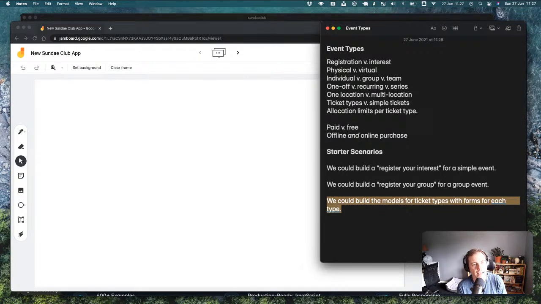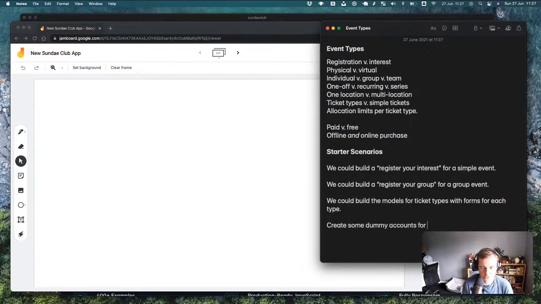So maybe we could create some dummy accounts for similar tools. So we could have Eventbrite and all that stuff, as we're going through these streams, so you go and look at how those applications do it. And that could be really interesting, I think, for